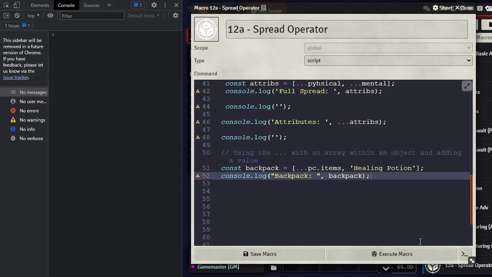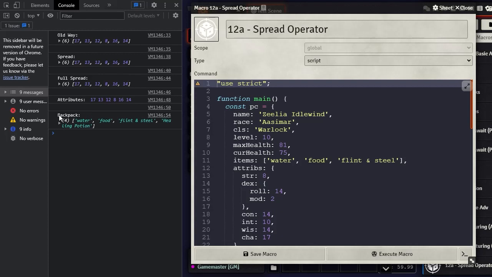And if we clear this and run it, you'll see here that now we have our backpack with water, food, flint, steel, and a healing potion. So we can also use the spread operator inside the creation of a new array. We can also add our own items in there as well. So hopefully that makes sense to you. Let's see, this is what I already went to, creating the new array completely with 2 different arrays, we already did. So now